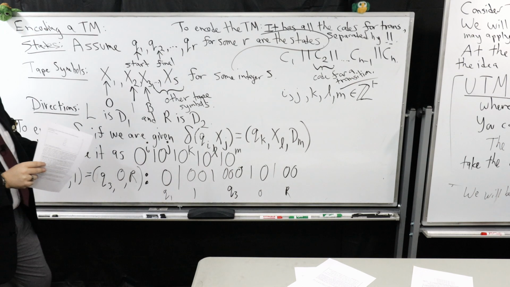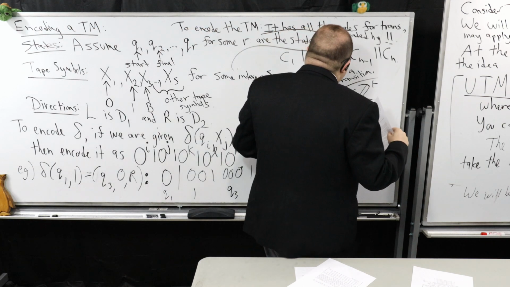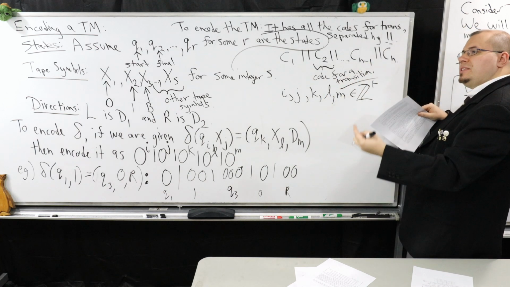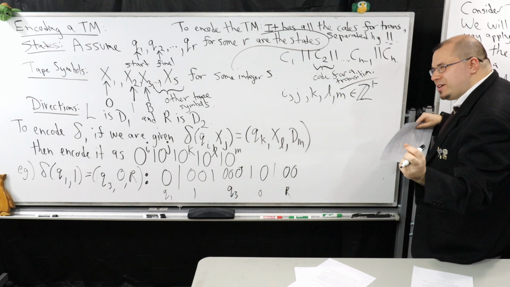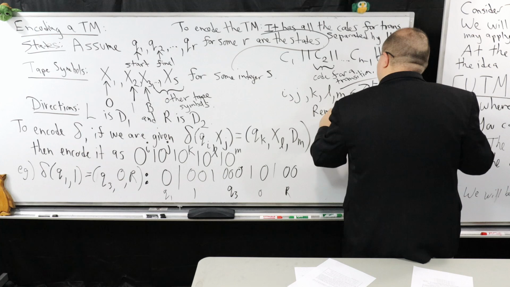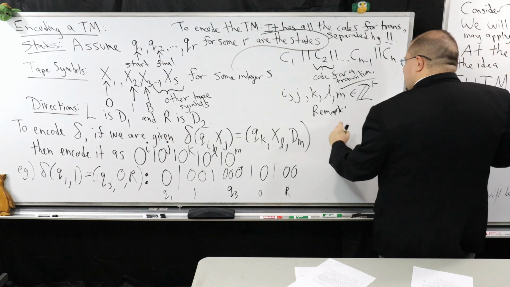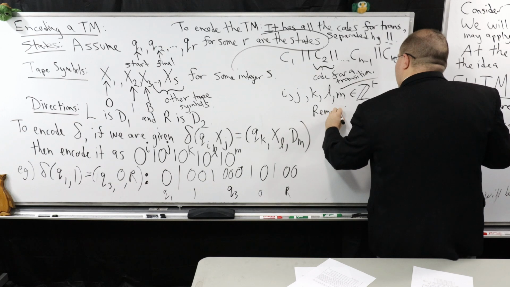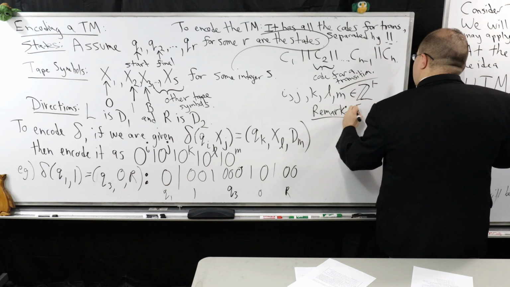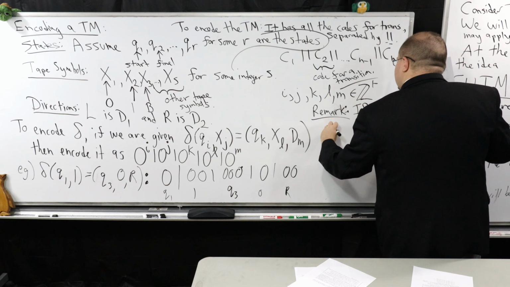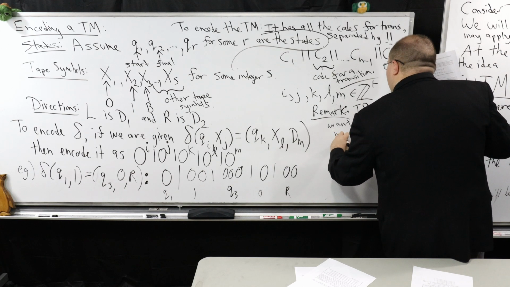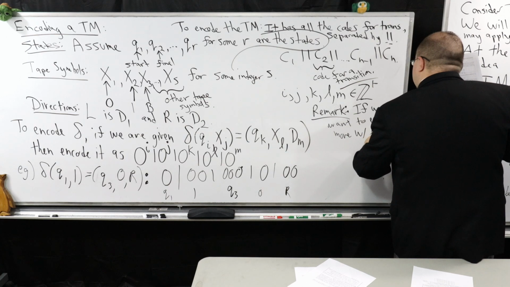As a remark, I may mention this fact in the future, but if you ever needed to have more information encoded with the Turing machine, for example, with this universal Turing machine, it's very common you have an input string that goes along with it. I'm going to mention this as a remark. I apologize for this being kind of slathered in the middle of this. So as a remark, if we want to encode more with the Turing machine,